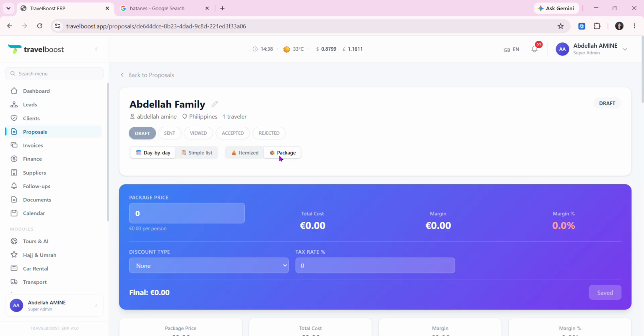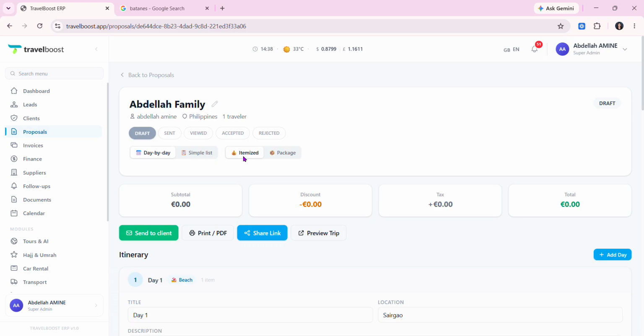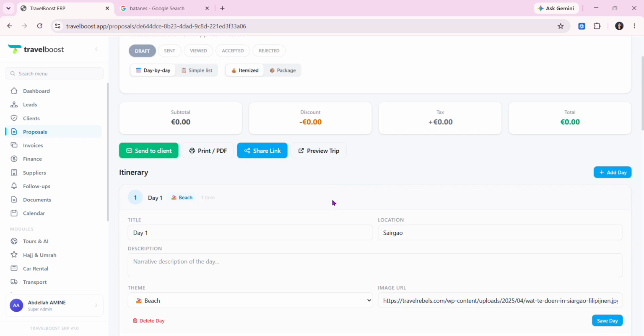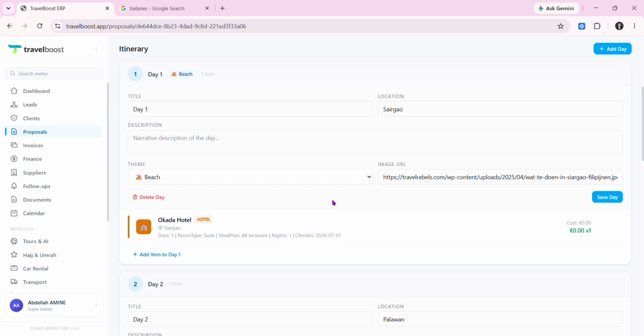Choose the pricing style that best suits your agency and your customers' preferences. Of course, in building the itinerary that we did earlier, for each day we have the title, location, detailed description, a theme as well, and then an image to make the itinerary more engaging to the client. That's really important. Remember that.